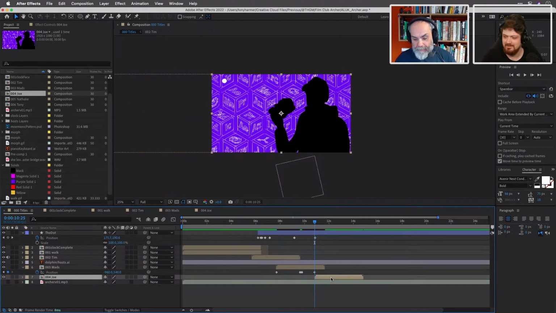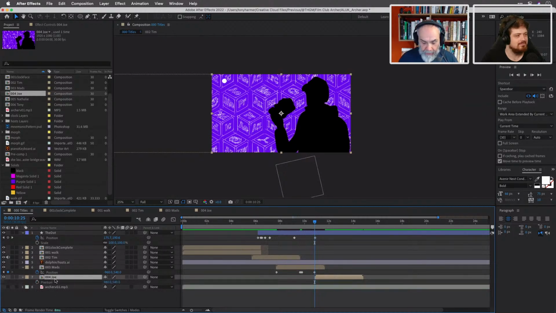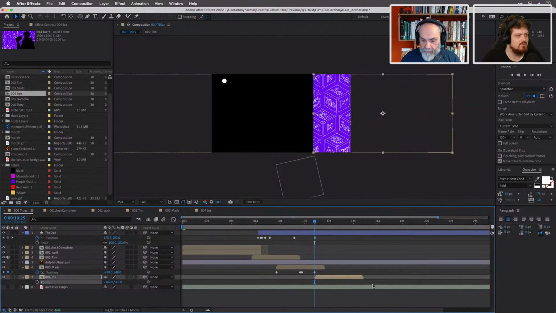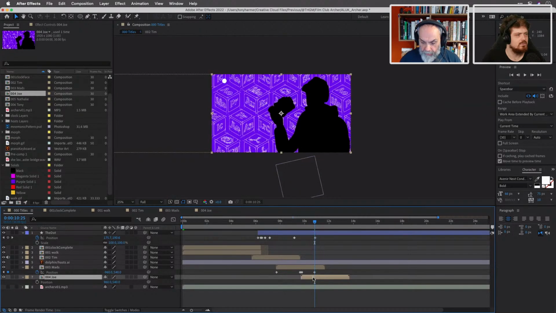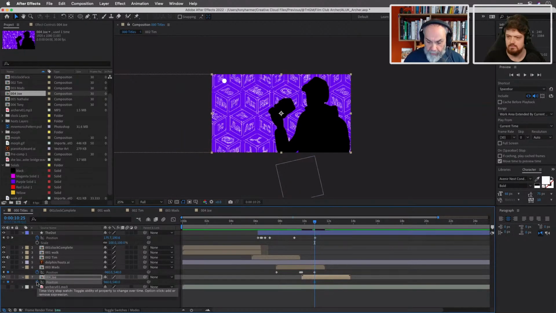What I can do is set that position keyframe just there in the right place, and then I can just add 960 onto this one. Actually, I'd need to add 1920 onto this one as well, wouldn't I? So, yes. I'm just going to wind it out. Can you just say plus 1080? I don't know if it does that. Does After Effects? I can't remember. That will be in the right place.